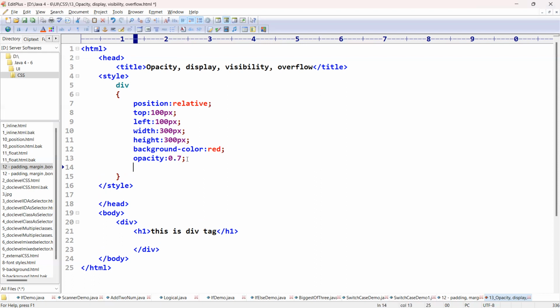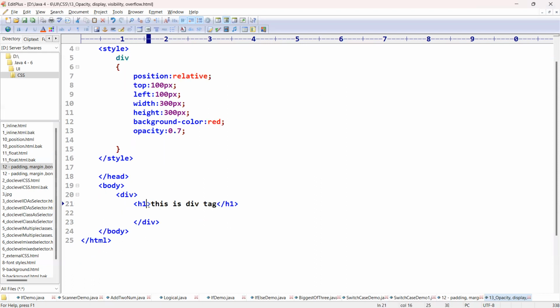See, visibility and hidden. Display inline block. Overflow. Let me talk about the overflow. Okay, let me talk about the overflow. If I have the overflow content for this particular division,